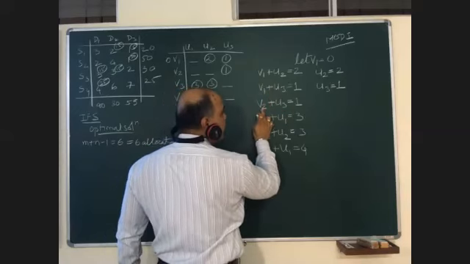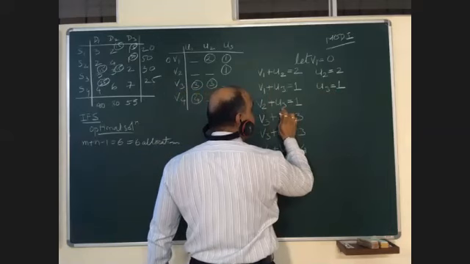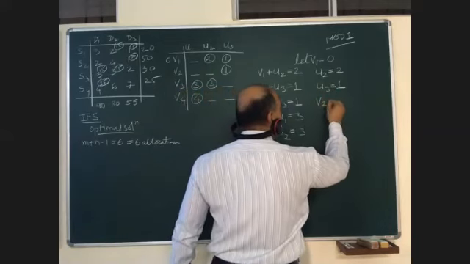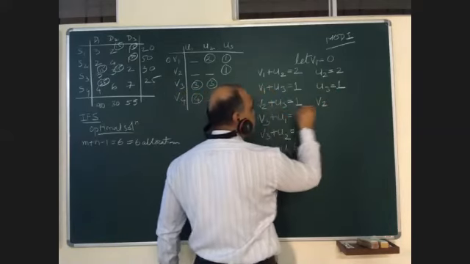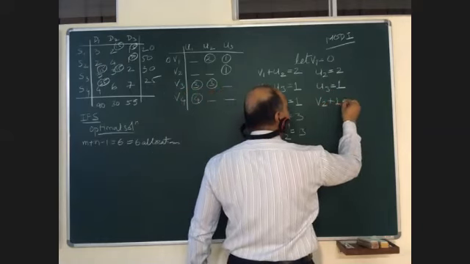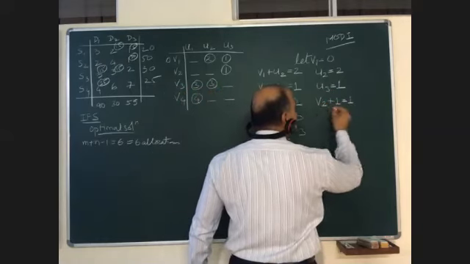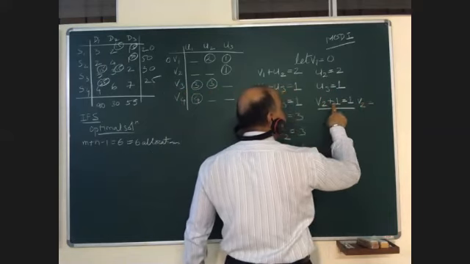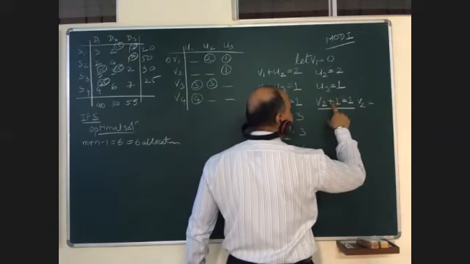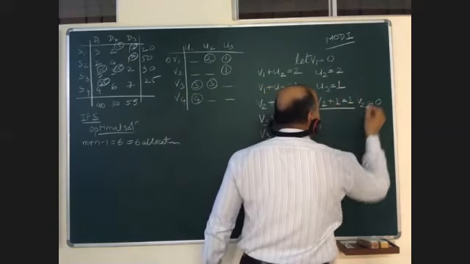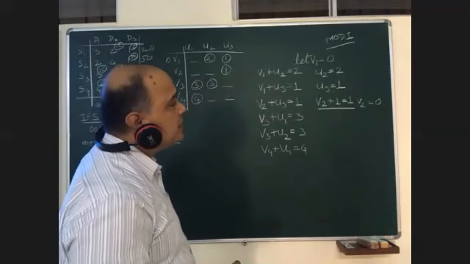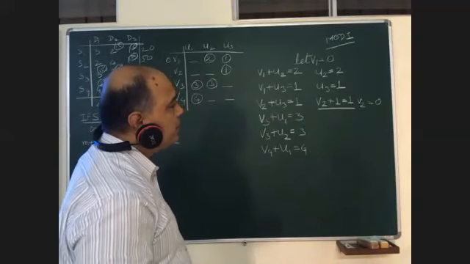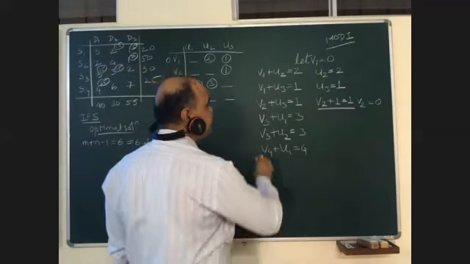Now, U3 is there. We want to find V2. Why? Because U3 we already have this figure. So your V2, I'll solve this, plus 1 is equal to 1, right? So your V2 will be 1 plus, if we shift this to this side, the sign will change. It will be 1 minus 1, that is 0. This is a simple calculation we are doing. Any problem in this?